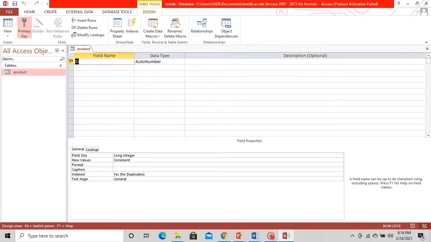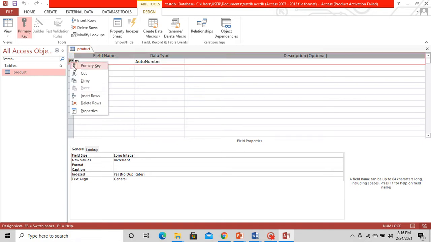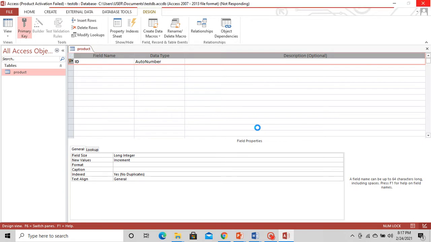What should be the columns? Here we should enter the column names under field name, and the corresponding data types. Initially, Access has created some default column name, which I'm going to delete here, and I'm going to enter my own column names and corresponding data types.